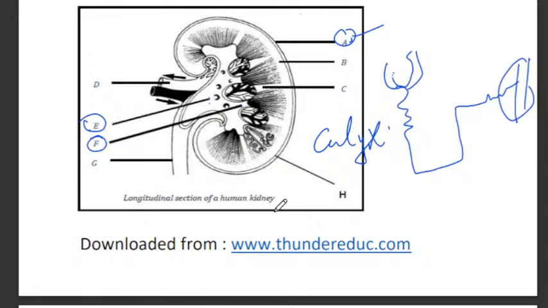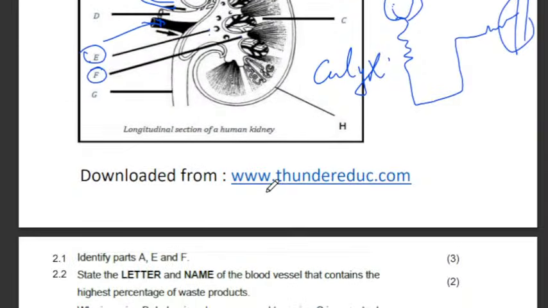So it is a renal artery. So you see that this one takes blood, or this one brings blood. In this case, the number is not there, but this is the point. You understand? It's the point, and then this one takes blood, meaning that it has been purified. Then they're saying that